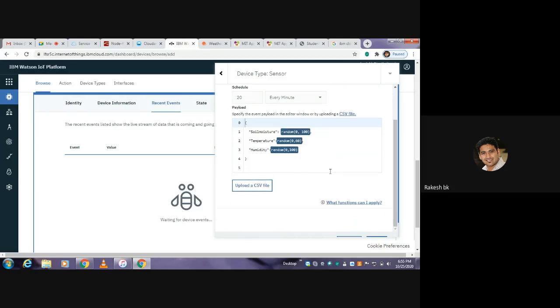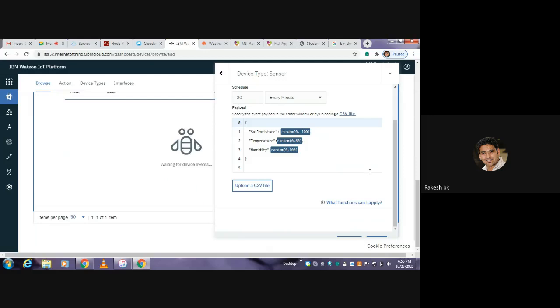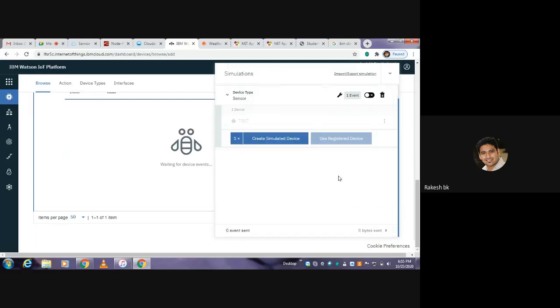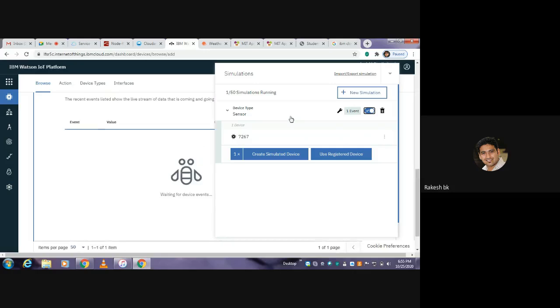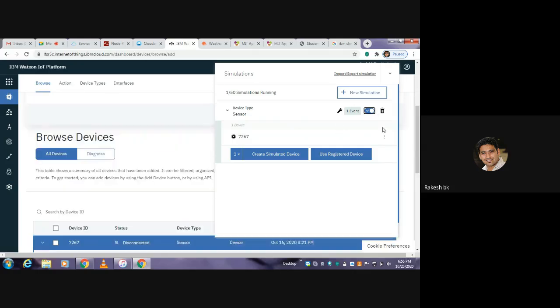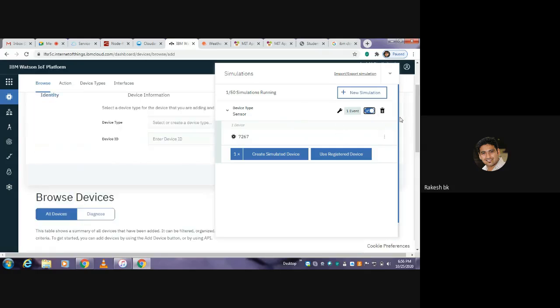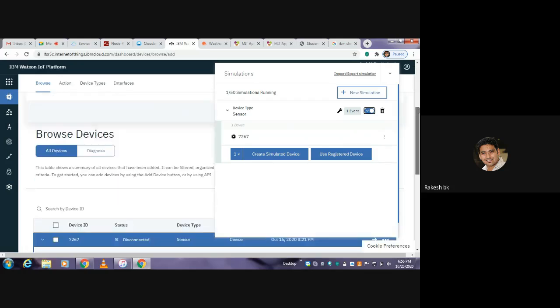So once you're done with this, you can just save the nature of the device. Saving this, you can then enable the button which is next to that of the event. Once you save, it takes a couple of seconds to save the data. Once it has been saved, you can enable this particular button next to that event, where you can again scroll it up.